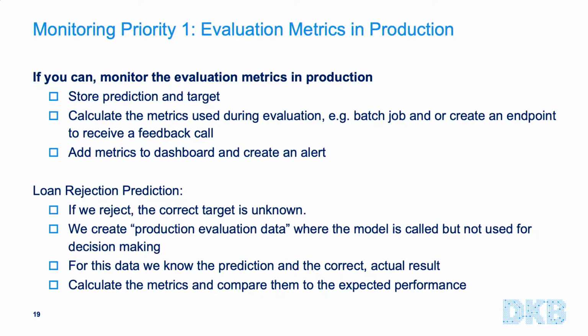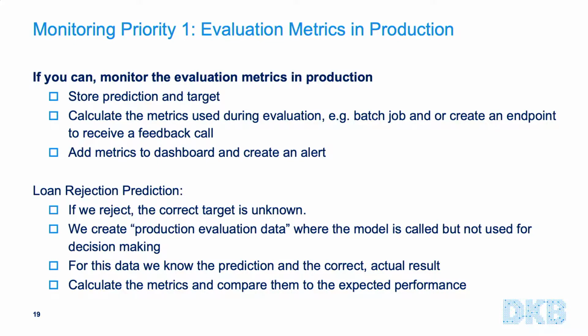So you should have automated monitoring on this comparison. It's really good. You store the prediction and the target, then you calculate the same evaluation metrics that you calculate during training. For example, you can have a batch job, or you can have an endpoint that you call to receive a feedback call. And then you put it on a metric and you create an